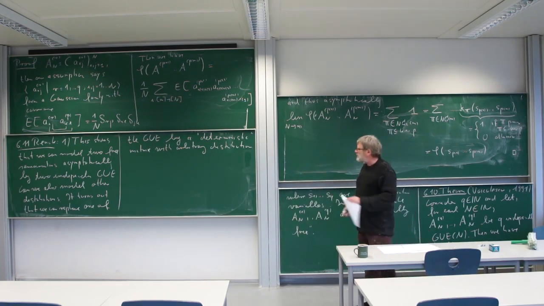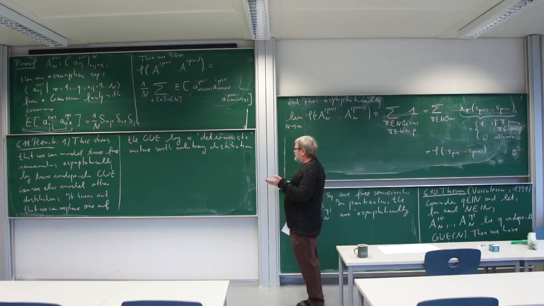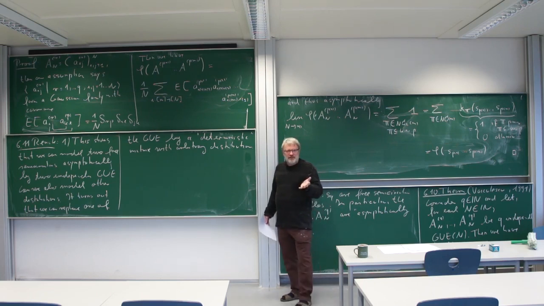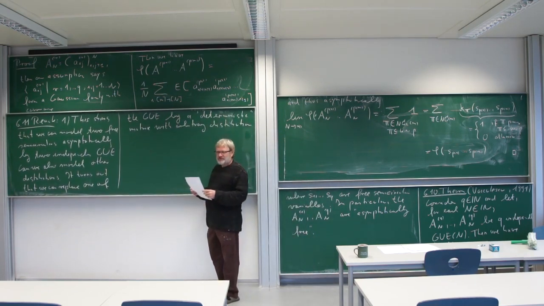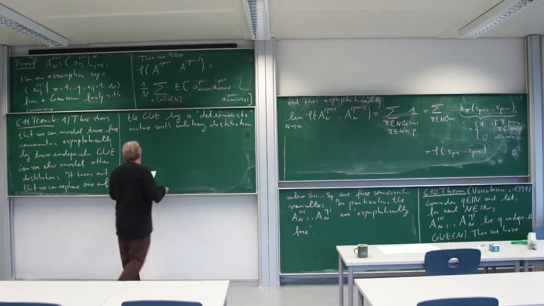But maybe first, what do I mean with a deterministic matrix? I'm talking about random matrices, and this means, of course, I have matrices where the entries are classical random variables. Of course, a deterministic random variable is just an ordinary number, where randomness doesn't play a role. So a deterministic matrix, or deterministic random matrix, is just an ordinary matrix, which of course I can consider as embedded into my space of random matrices. Also, it's just a constant. Okay, so